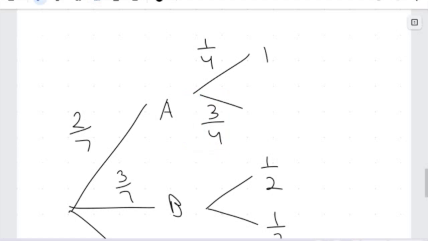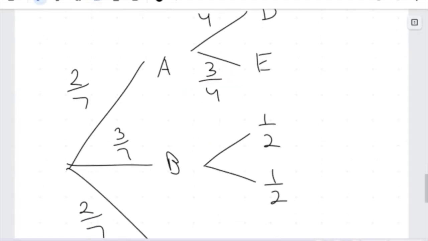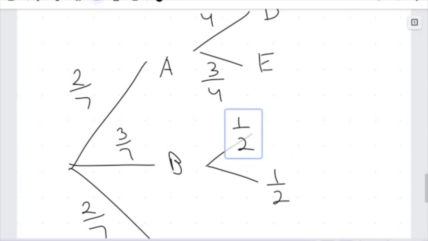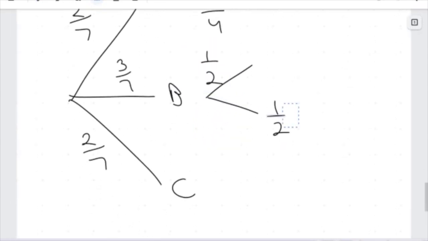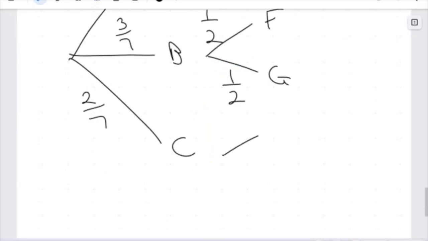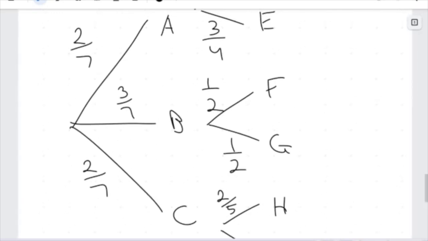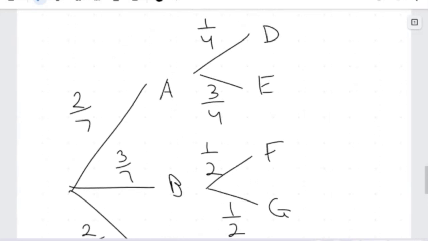And let's go D, E. Let's move this across, and this across, and we get F, G, and we have H, I down here. And let's make this, I don't know, 2/5 and 3/5. No matter which way we decide to go, the fractions are going to multiply by each other